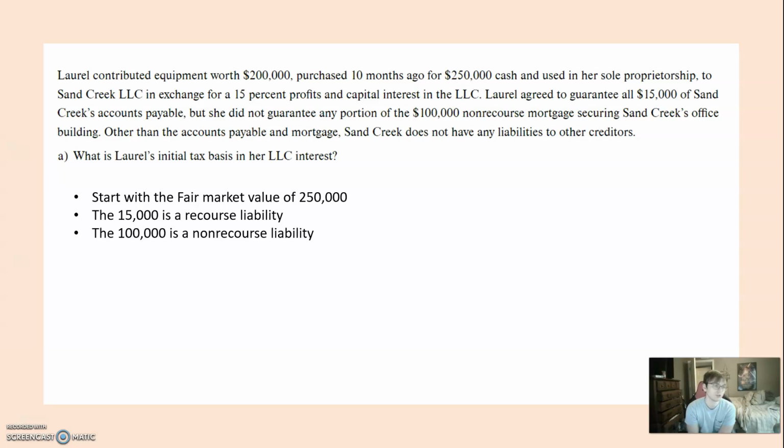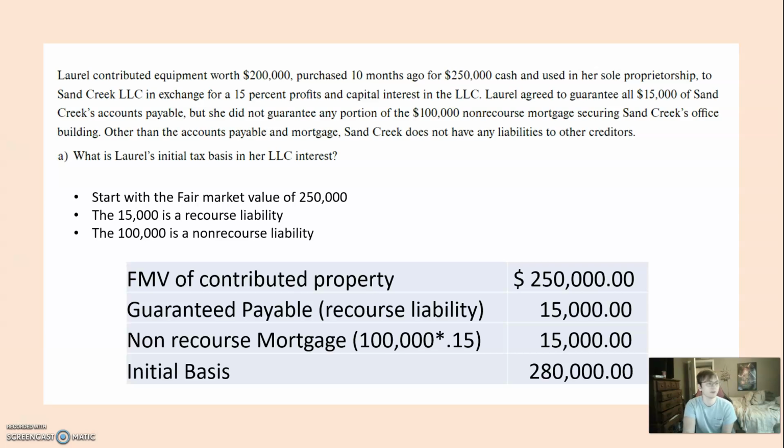And then the $100,000 is a non-recourse liability, but that's just going to be allocated based off of the 15% profit she agreed to, which is also going to work out to be $15,000. So here's a little table I made to add it all up. $250,000 we started with, $15,000 for the recourse liability and $15,000 for the non-recourse liability allocated on the profit sharing ratios, which arrives at an initial basis of